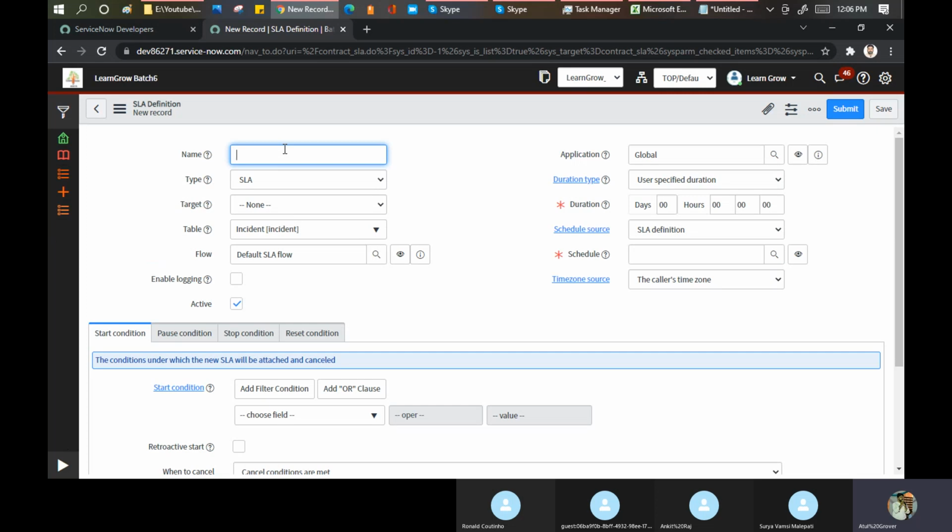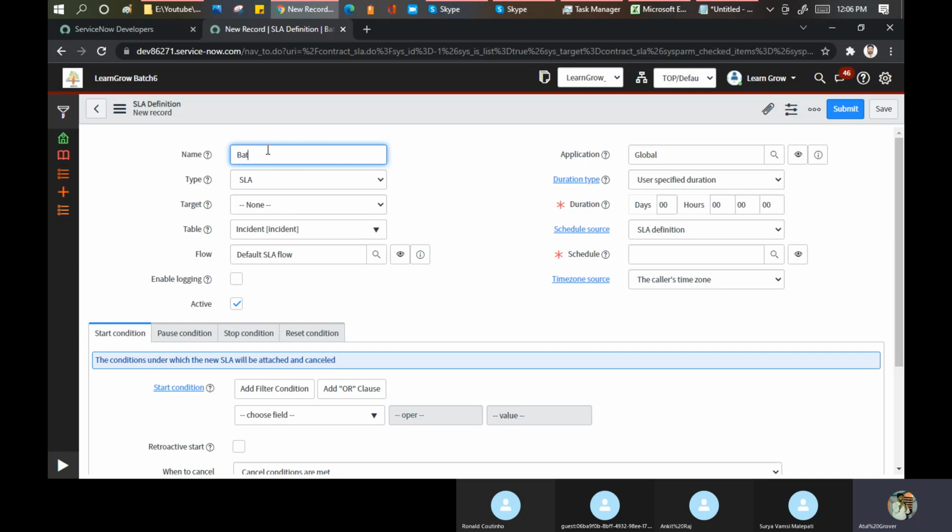Like if I go to a restaurant and in the menu card I see kadhai paneer, by the words kadhai paneer it is very clear that it is a main course item you are going to order. It is not a starter. In the same manner, we have to write the name so that by reading it, you can understand what this SLA means.